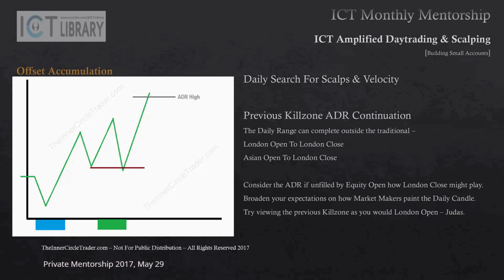I want you to think about another scenario. Think about London close to bond close, as we just mentioned here. Then we have the New York Open to London close. That's another scenario that could be unfolding here. The traditional London Open to New York Open, and then the Asian Open to London Open. There's 4 primary opportunities each trading day, every single trading day. Those 4 windows of opportunity exist for scalping.